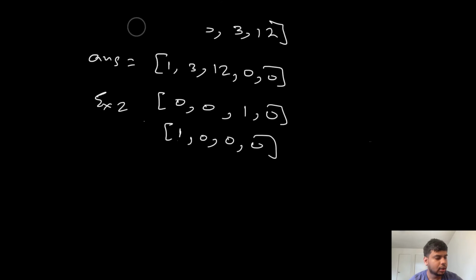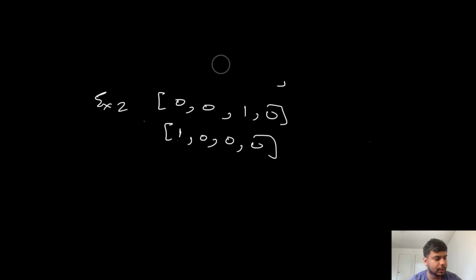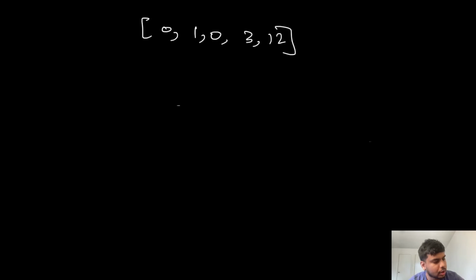Pretty simple. Non-zero elements should be at the beginning, zeros should be at the end, and the relative order of non-zero elements should be maintained. That's the question. Now let's see how we can solve this. 0, 1, 0, 3, 12. This was the question. So brute force,